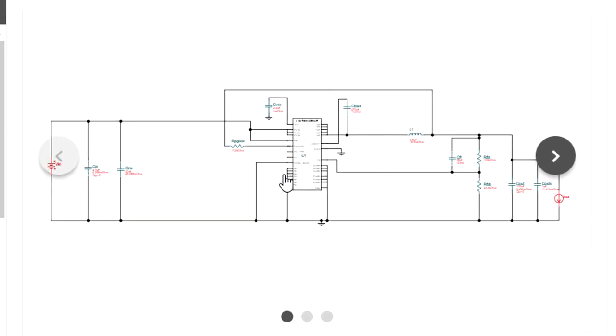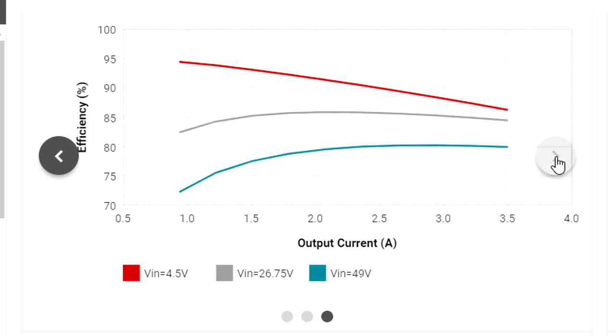So here's a schematic. Again, at a high level you can get a feel for how many components, but by scrolling on any one of these cards, you can see the actual BOM and the component sizes, and that's a great way to compare one design to the other. If you scroll to the right one more time, you have the efficiency graph for each of the designs available for quick view. In this case, we show you the graph over load from minimum to maximum, and at minimum and maximum voltage, and the center point.